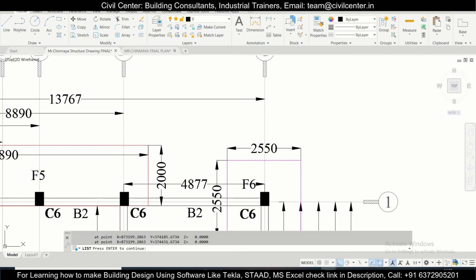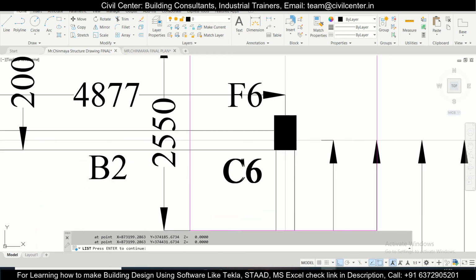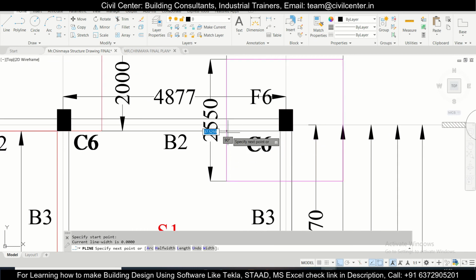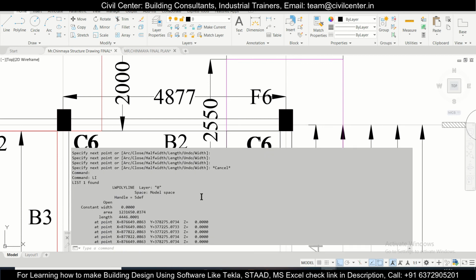The polyline. This will be your area, as you can see, 1.23.